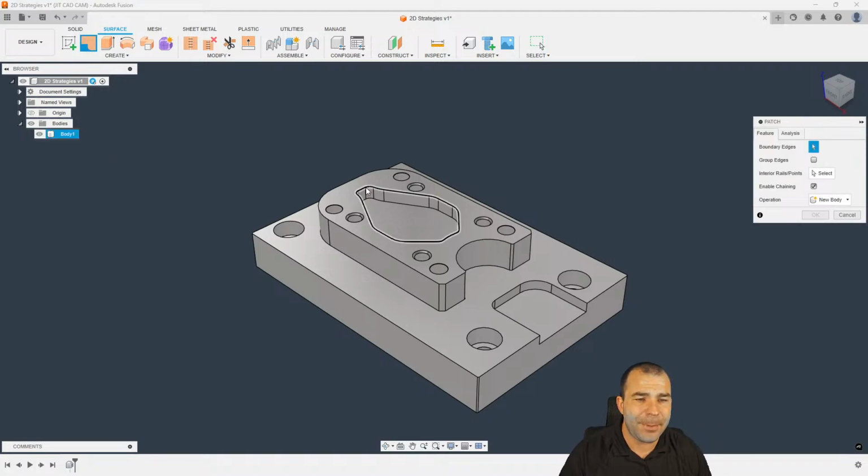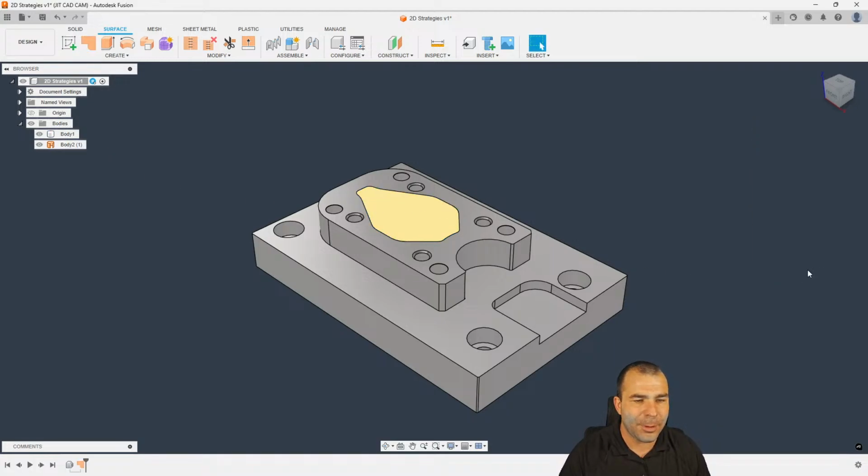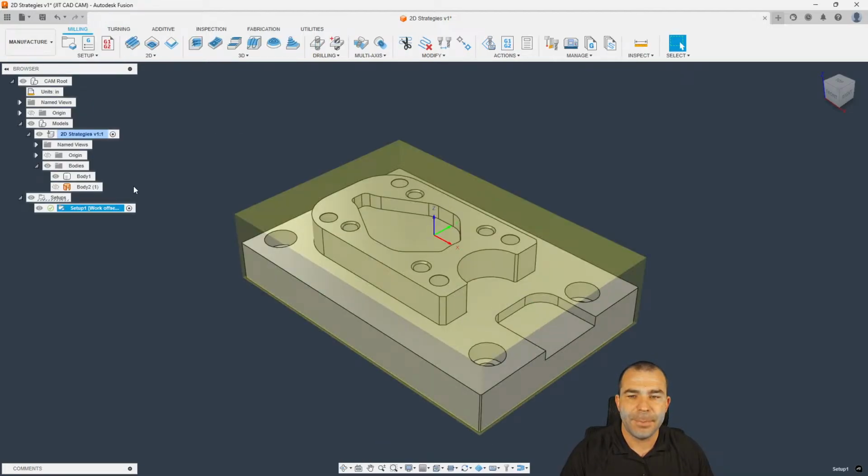But we're going to go ahead and create a patch. We're going to do this up on the top of our part. What you're going to notice now with the history on is it gives my patch a different color as well. You see it over here on the left, and see when we created that in our design tree. So for this sake, we're going to go ahead and turn this off and we're going to jump back to